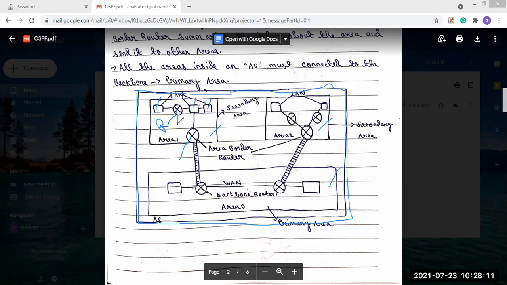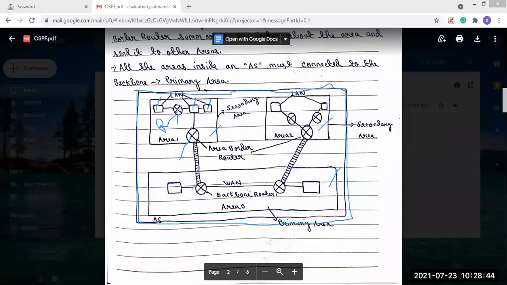We know that each node present inside a domain, that means inside a network, will transfer the routing table with each other. That is the case we have known for the routing table. So in this area also, there will be LANs, routers, and one area border router. The area border router is the big router.